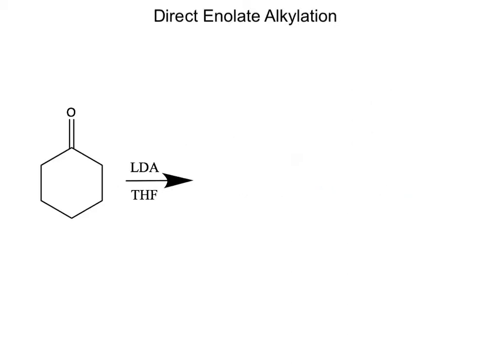In a direct enolate alkylation, we can react cyclohexanone with LDA and THF at negative 78 degrees Celsius to form an enolate. Next, we'll react the enolate with an alkyl halide,